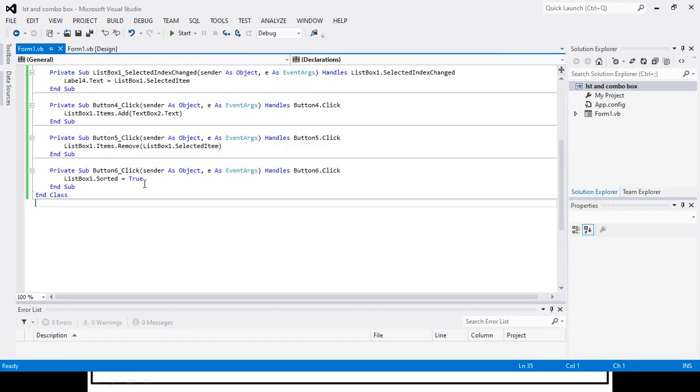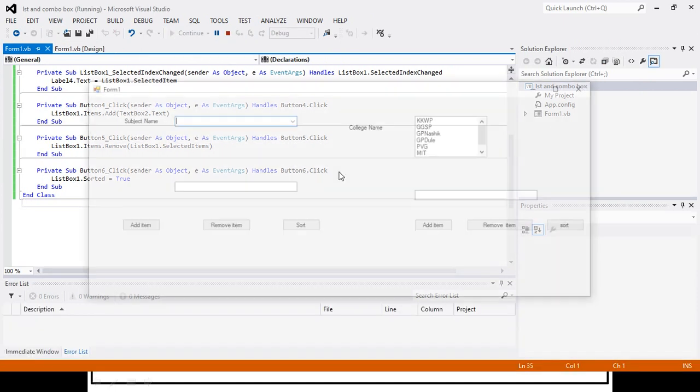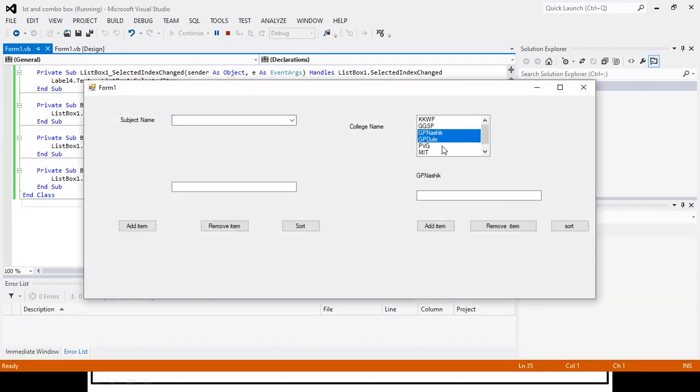So here, instead of selected item, I will use items, so that multiple items can be removed. Let us check now. Let us have it like that and remove items, so it will not remove it.